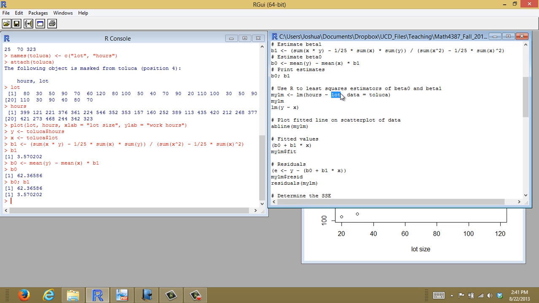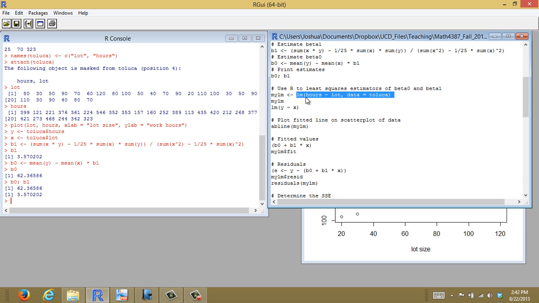And when you have data stored in a data frame, you can provide that data using the data argument of your function. So the first thing we do here is we describe the regression relationship, and then we provide the data set that these variables are stored in, and they're stored in the Ch01 data set that we read in earlier. So I use the linear model function, and R is going to do its thing. It's going to find the least squares estimates,